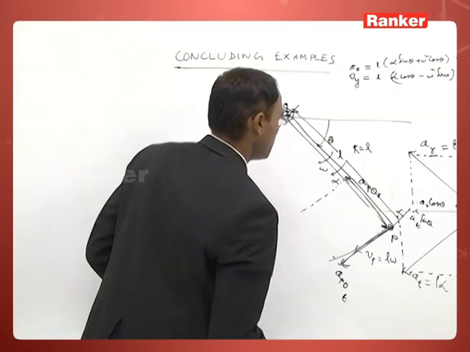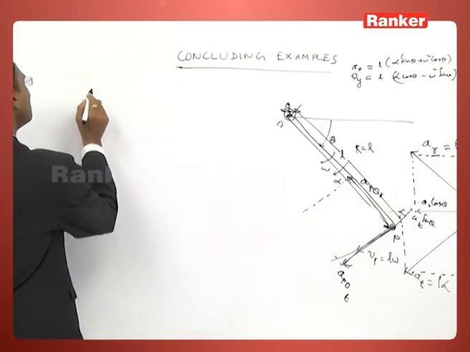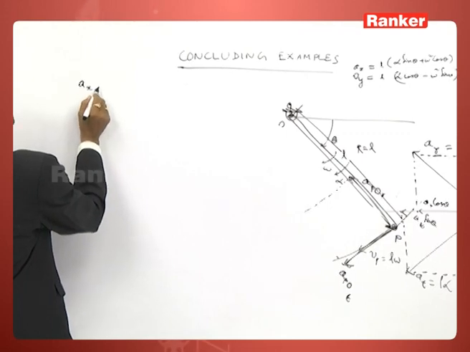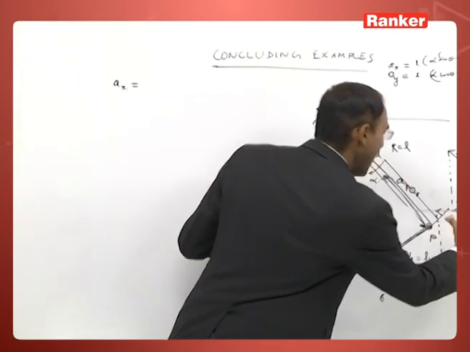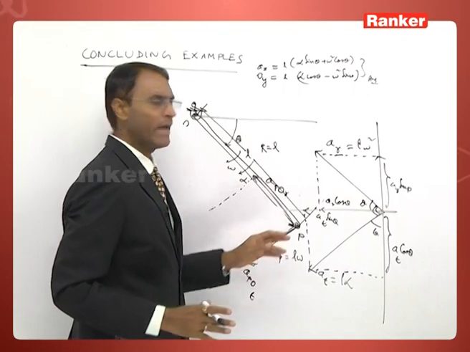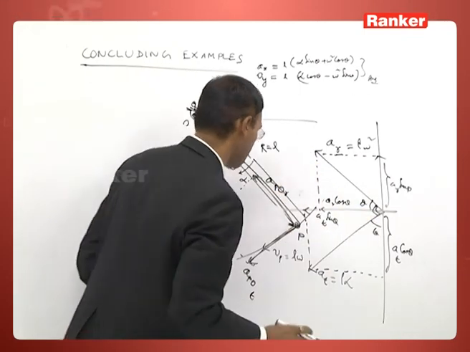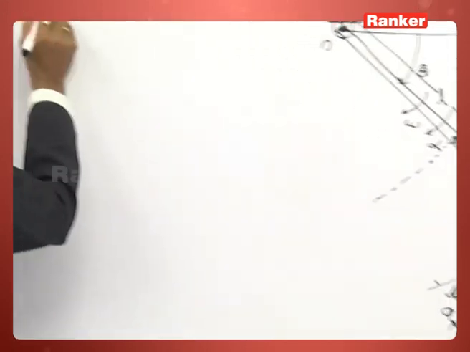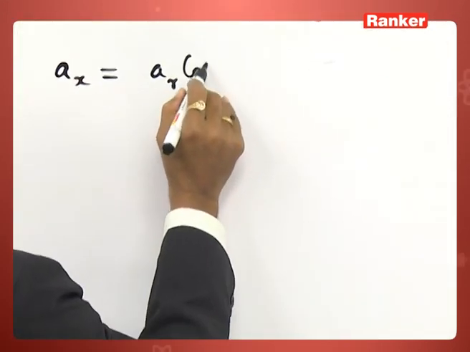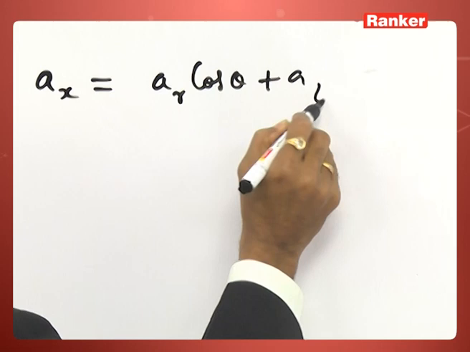Well, the x component of the acceleration can be calculated by adding these two x components of the radial acceleration and tangential acceleration. That is AR cos theta plus AT sin theta,